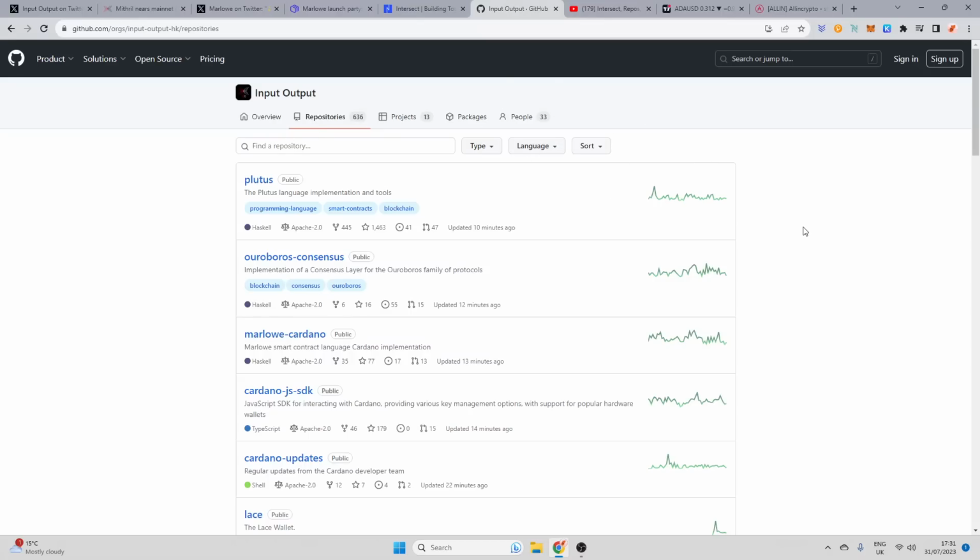Not only has Ouroboros been built with the aim of being able to consent multiple chains, and you've got layer 2s and layer 1s. We're going to be doing another video on that and going back into that. But actually, all of these protocols have been written on paper and now built to be put into practice to solve issues and future-proof Cardano moving forwards, and solve issues that were, at the time, perhaps not so obvious, but